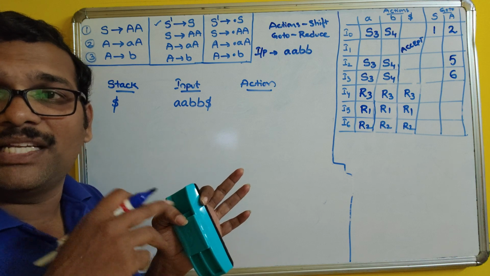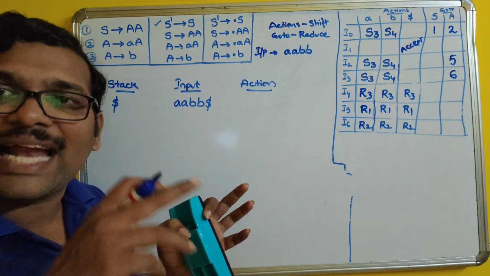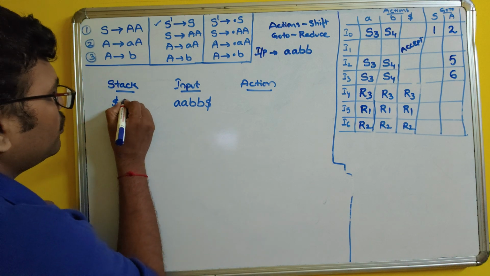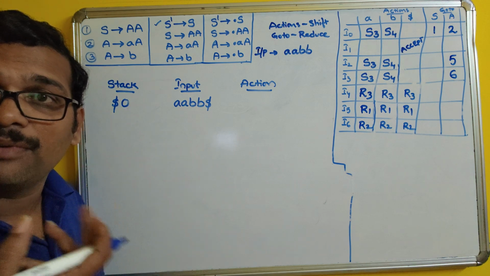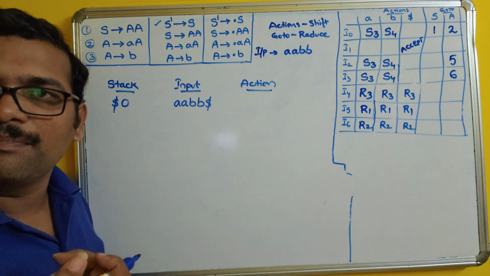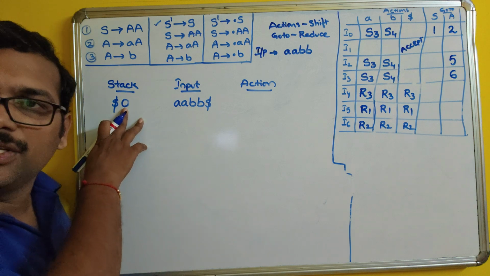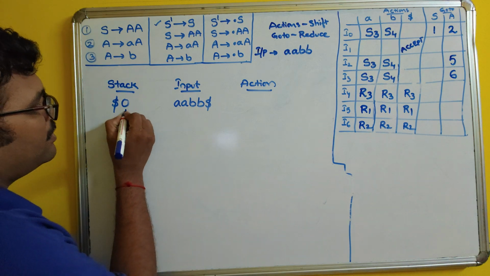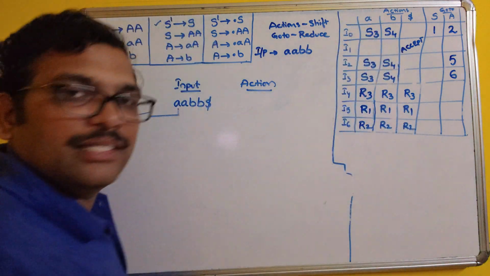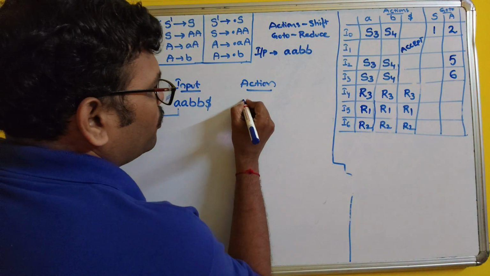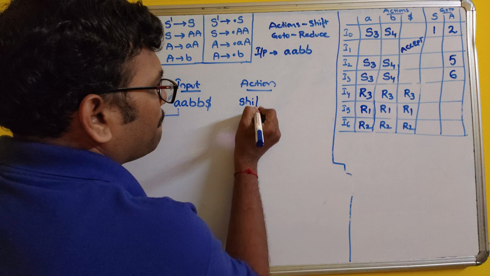The start symbol appears in the starting state, that is 0. So from 0 we have to start. Okay, we have to start from the 0th state. That's the start symbol, so that's why I have kept 0 here. Now see 0 on A, I0 on A, it's a 3. So what's the action we have to do? Shift